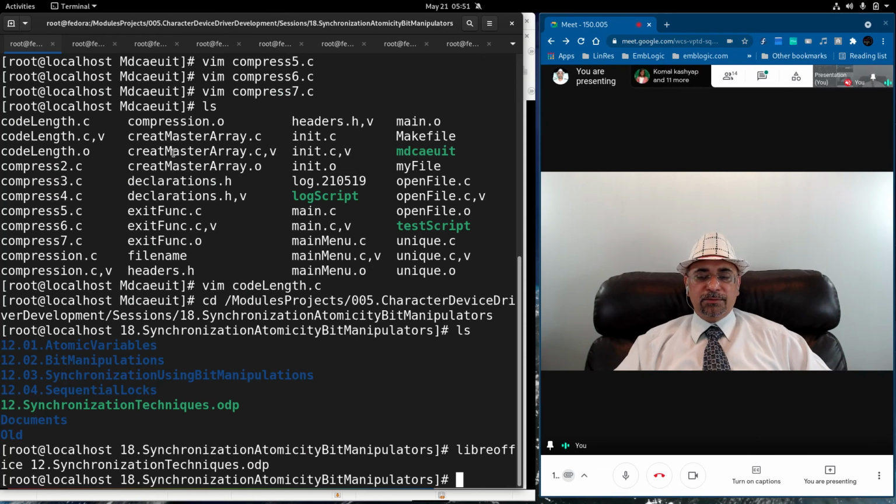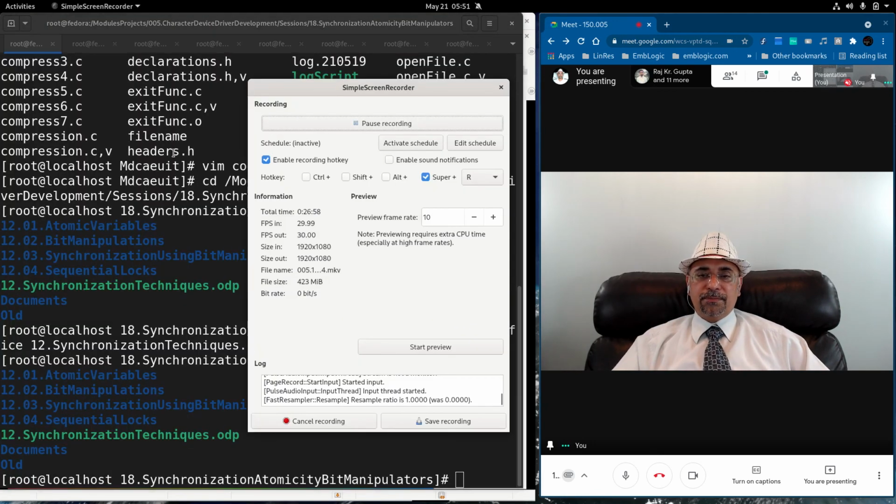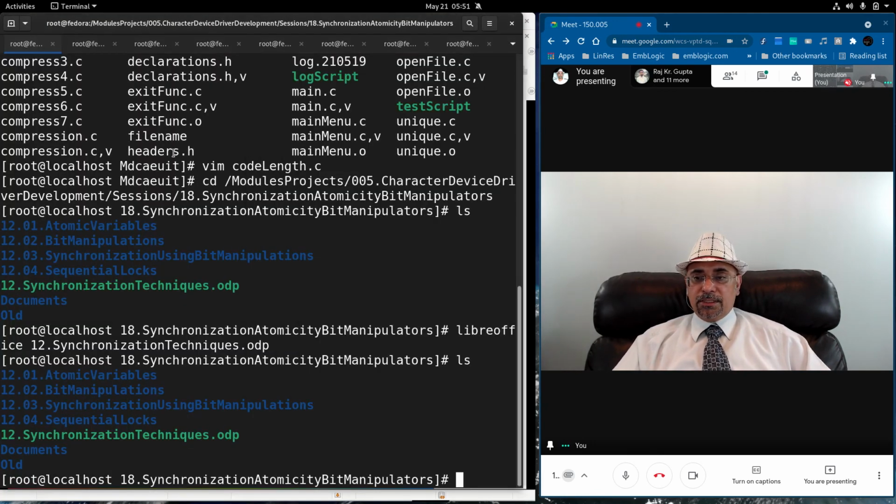That we will be able to see later on in the block driver. But yes, this is how you will implement atomic variables, not atomic operations, atomic variables, right?